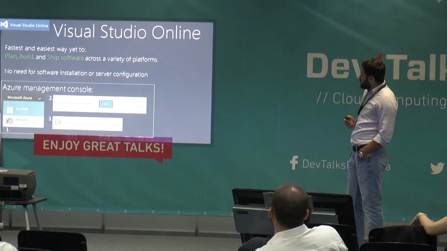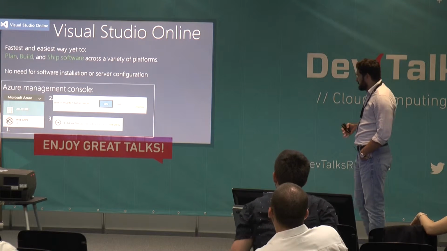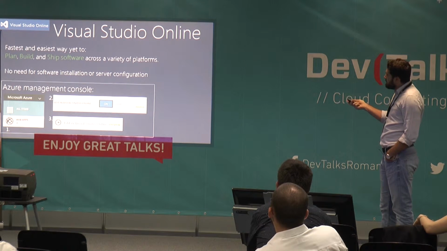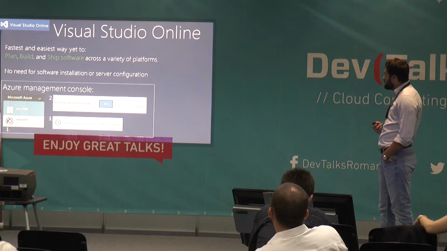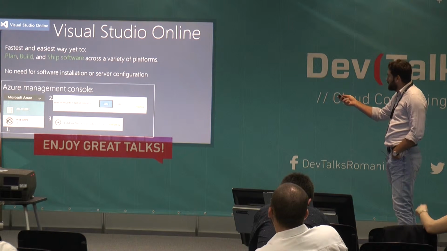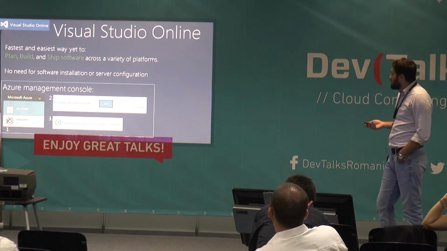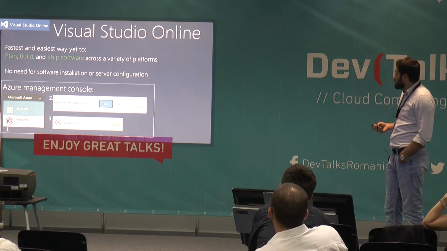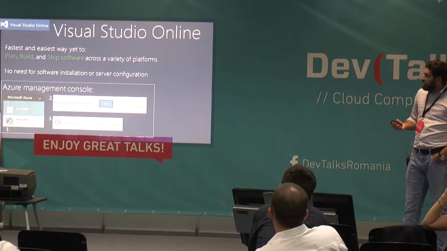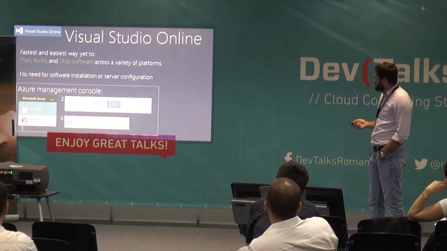So the screenshots are from my personal subscription, where I have created multiple web apps for testing. For one of them, I have activated Visual Studio Online, as we saw in the previous screenshot, and after that I can choose the option Edit in Visual Studio Online, which is in preview as you can see, and I'm good to go from wherever I am. I don't need to have my laptop with me, I don't need to have specialized hardware that follows me. I can log in from wherever.